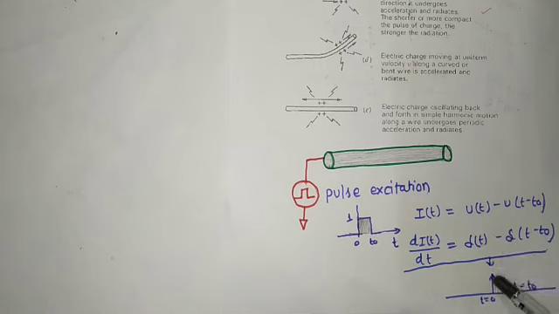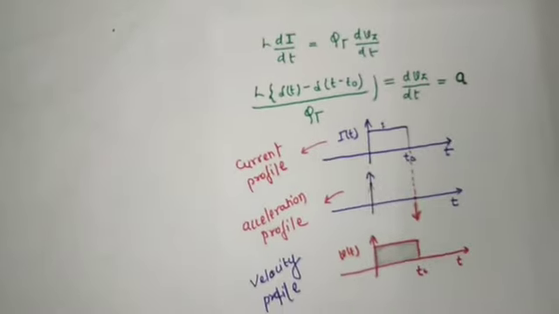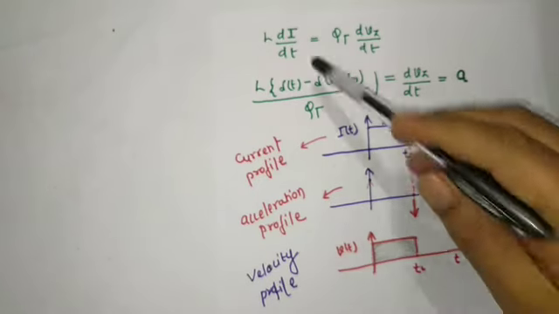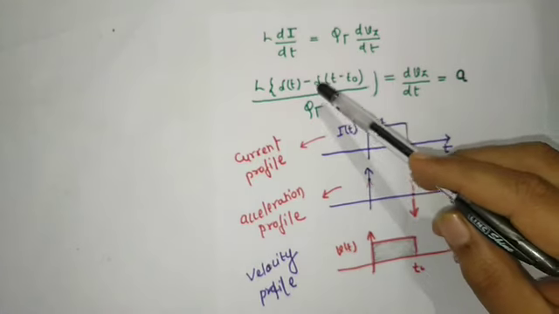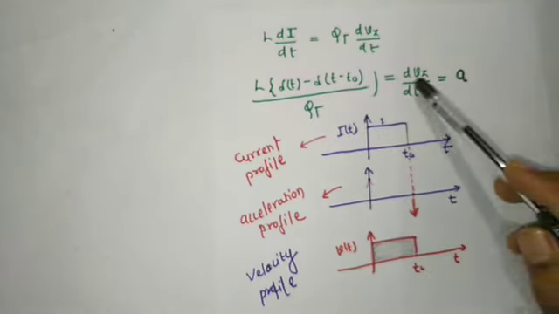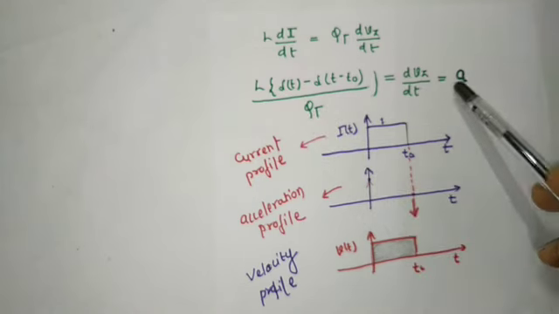Okay, can you plot this one? There is a delta function which exists at t equal to 0. There is a delta function which exists at t equal to t naught, but with a minus sign. Because of the minus sign, the direction of the arrow is downward. Now you saw the equation of radiation. In the equation of radiation there is a di by dt term. You have already calculated the value of di by dt, put it here, and put q t here, and dvz upon dt is nothing but acceleration.